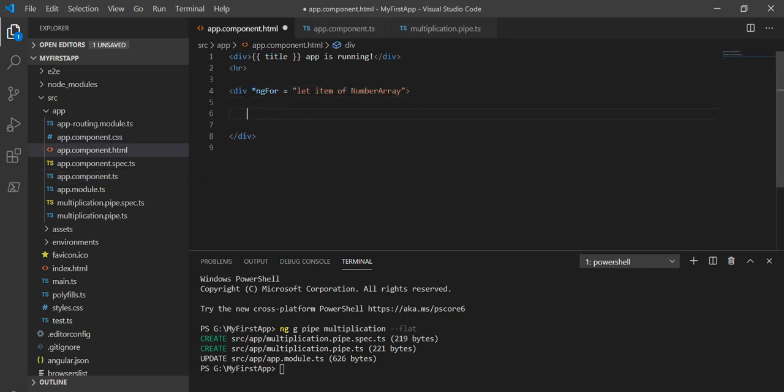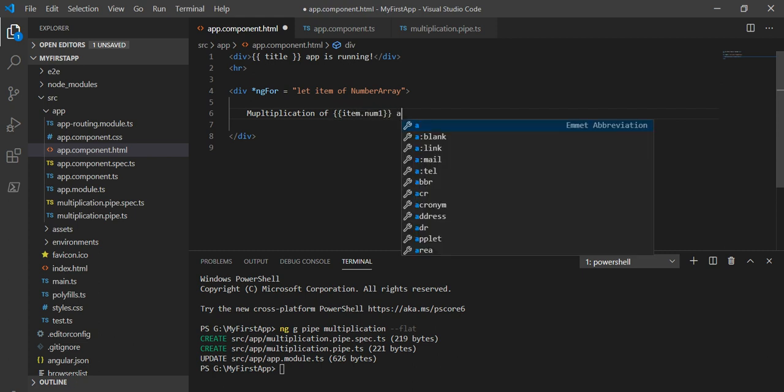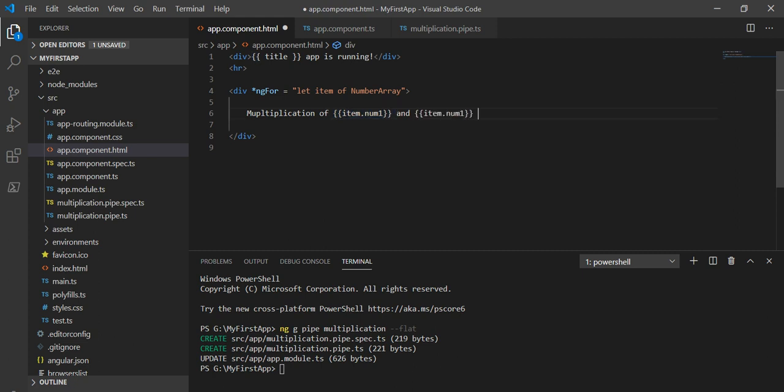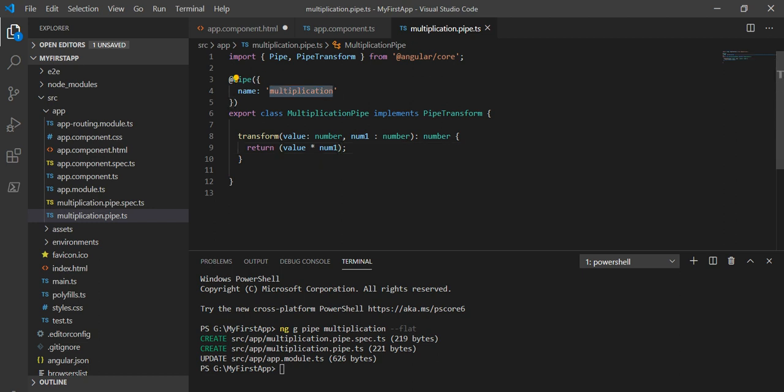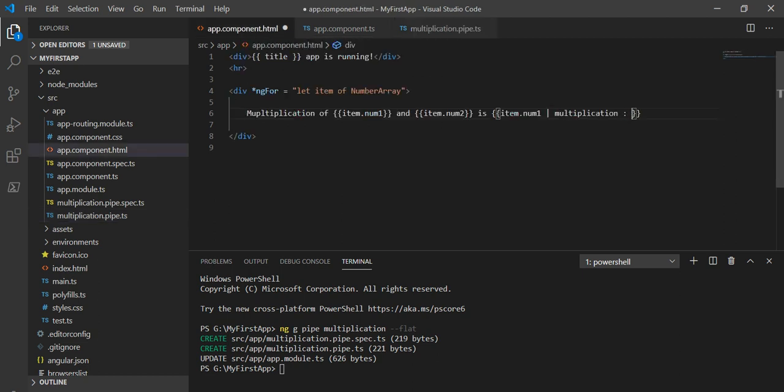Here I will write multiplication of item.num1 and item.num2 is, and then we have to call our pipe. For the multiplication of these two, num1 we will pass, then the pipe symbol, then our pipe name, which is multiplication, and we pass the number item.num2.